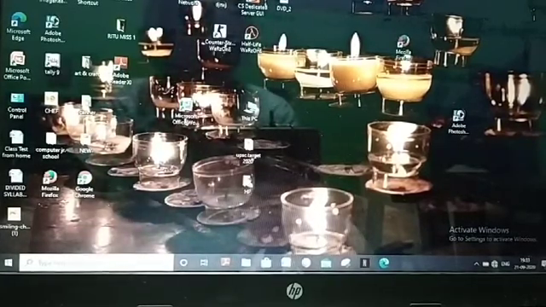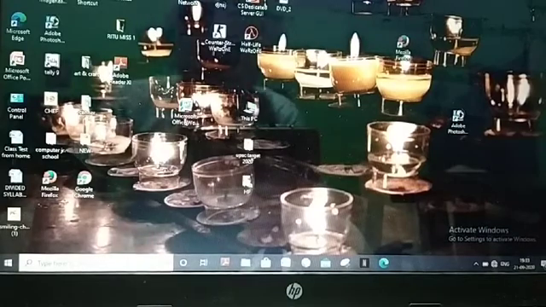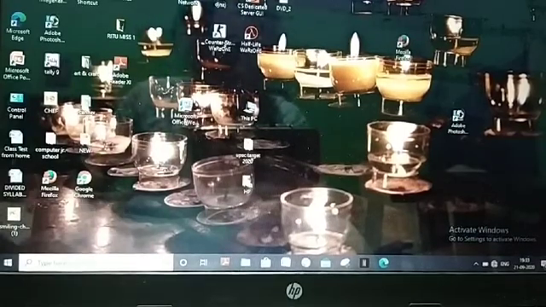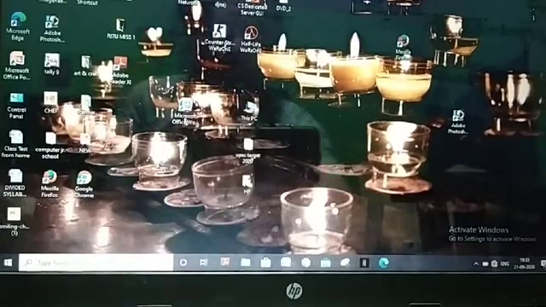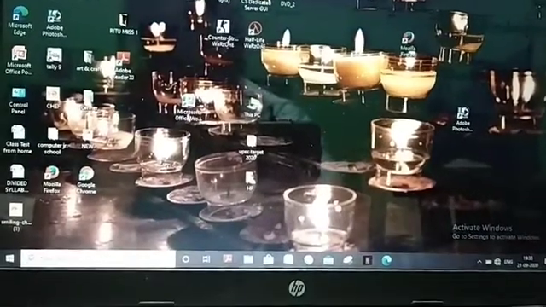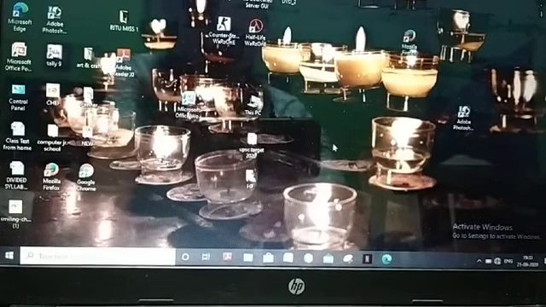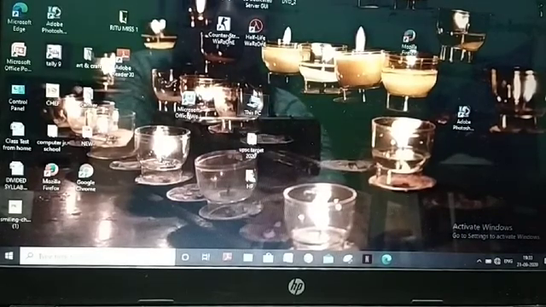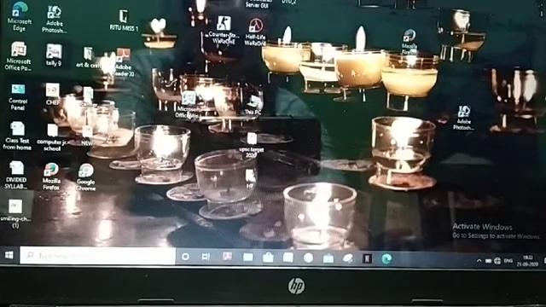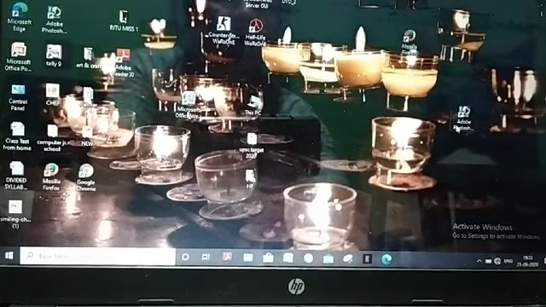Okay, what you have to do? First step, right click on an empty area of the desktop. So here you can see no icons are here. This small picture you are seeing, no, all these small pictures, these are called icons. Okay, and each icon represents a program.